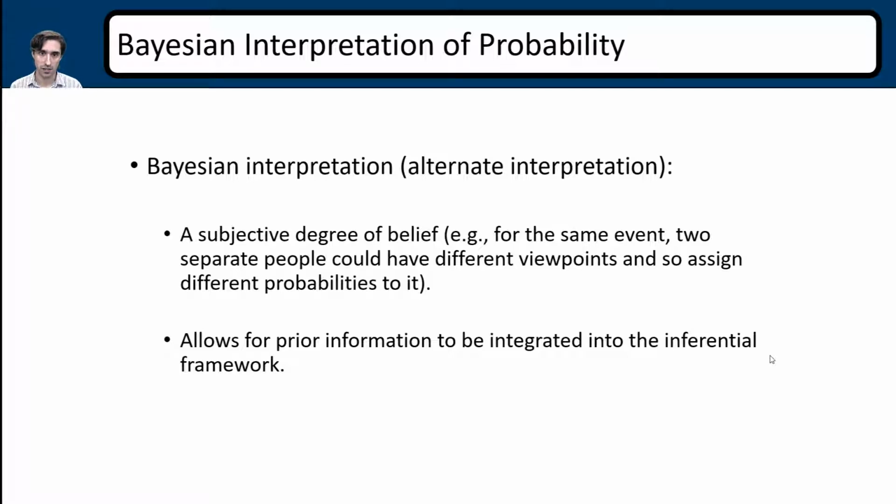The Bayesian interpretation of probability takes into account a subjective degree of belief. For example, if the same event is observed twice, or observed by 2 different people, then you're going to have a slightly different data set out of that. What this is saying is that someone else needs to replicate the data you do, because that's where a lot of research comes in: everything has to be done over, people have to be able to replicate it. And so this is taking that into account.